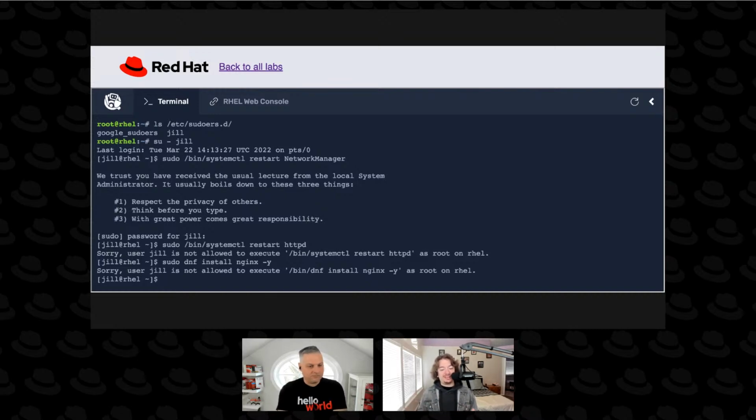But on the other hand, if it's well manicured, if you are very intentional about a top-down approach of giving people the absolute minimum that they need, you see that we can set up a very, very secure system where database administrators can only do database things, and systems administrators have to re-authenticate every sudo command that they run, so that we can verify that they're not going in and making system-breaking changes because someone walked up to their desk in the middle of the workday and started making changes that they don't have